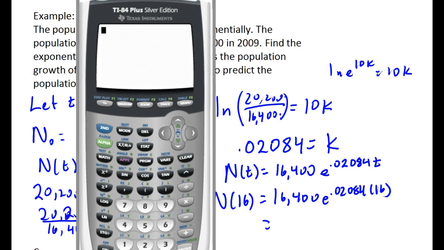So I've got 16,400 and then I get my e to the x function there: 0.02084 times 16. And 22,890.5, well, we can't have a person, so we'll call that 22,891 people